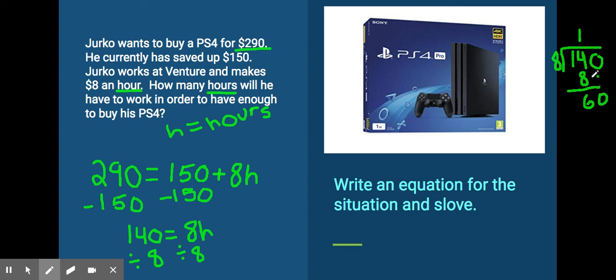Bring down my 0. 8 goes into 60 7 times. 7 times 8 is 56. The remainder is 4. So that ends up being 17